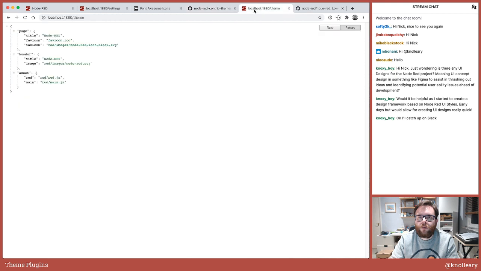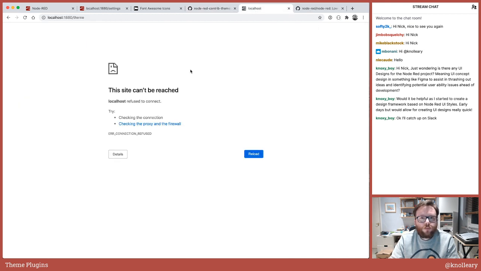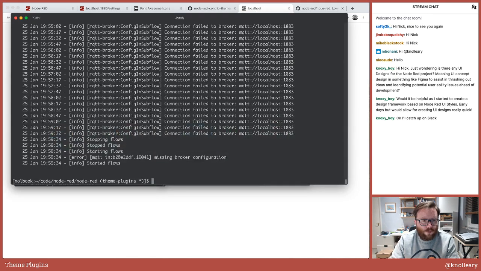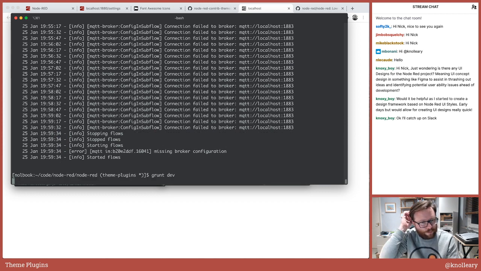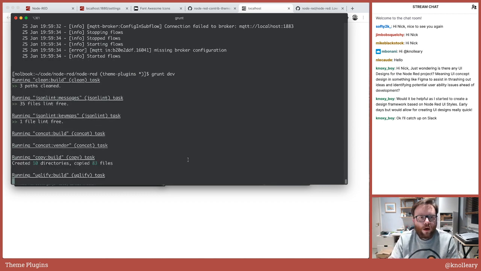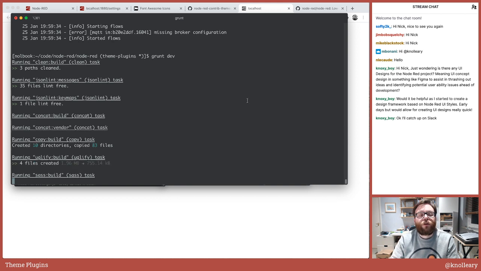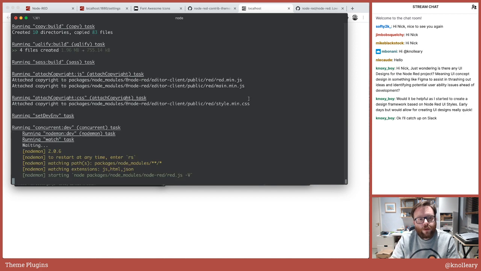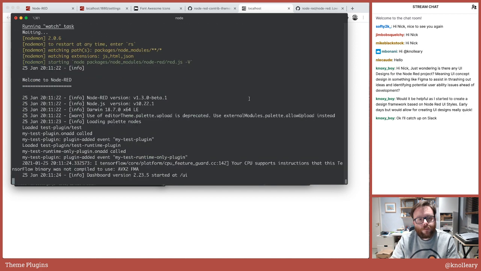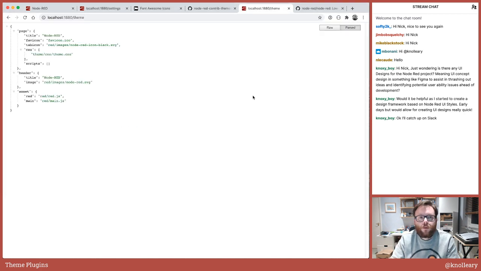if I have the right tab, can't be reached. That's because I have stopped Node-RED running. That doesn't help. Let's get that running. Come on, churn. So that serves up a theme endpoint, which when it starts running,